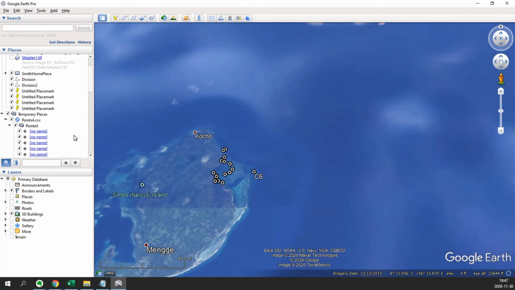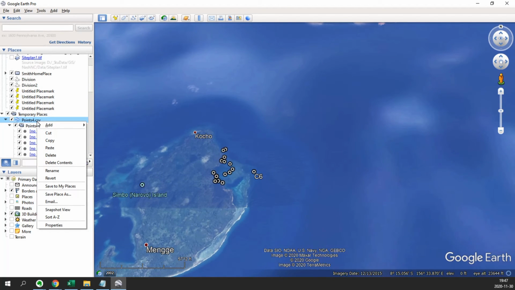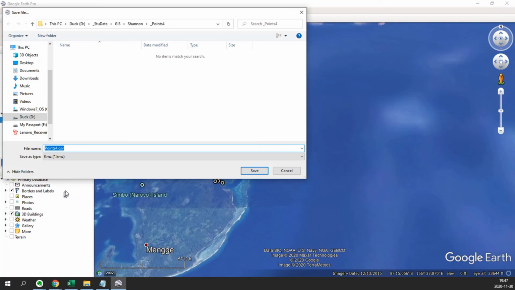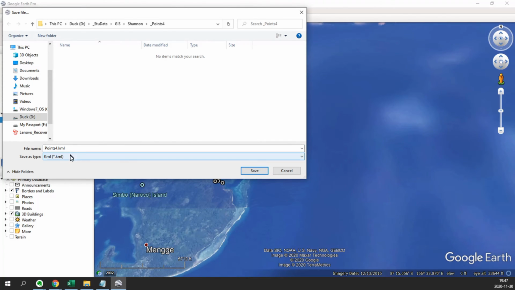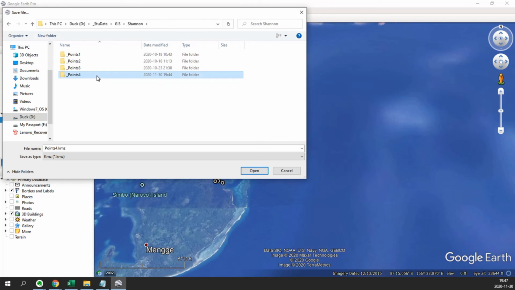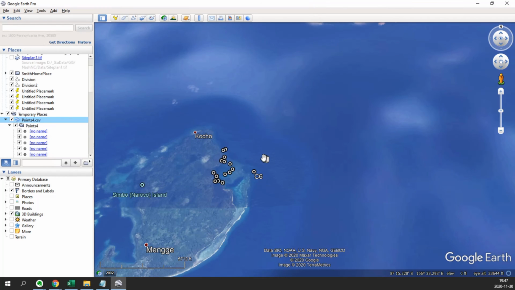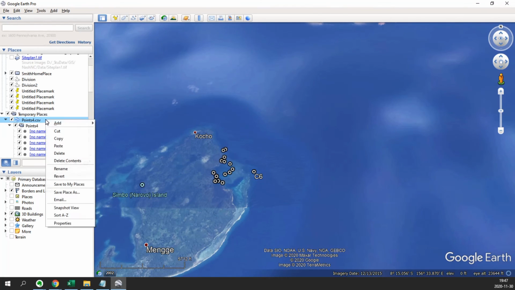So then we're still working in the CSV file, sorry. I'm going to go ahead and now save places as, and I'm going to save it as a KMZ file. We could save it as a KML or a KMZ. I'll save it as a KML, because I think that's what I had given you guys before. Or did I give you a KMZ file? No, I gave you a KMZ file, so I'm going to give you a KMZ file now. So .4 KMZ, and then save. And let's close this